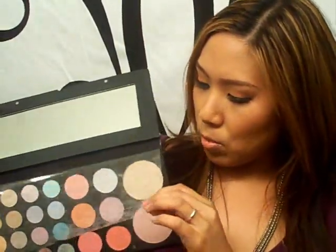Then you get these blushes and face powders right here. And then these two face powders. This one's like a translucent oil blotting powder, and then this is kind of like a beauty powder, and it has a rose finish with a shimmer. And you can use these blushes as well, not only for blush but for the eyes, because that's what I did. And it has this nice, really thick plastic sheet that lifts so it protects the powders,